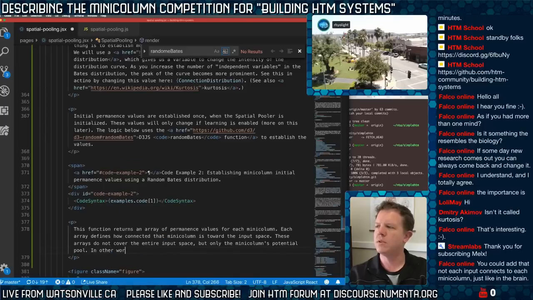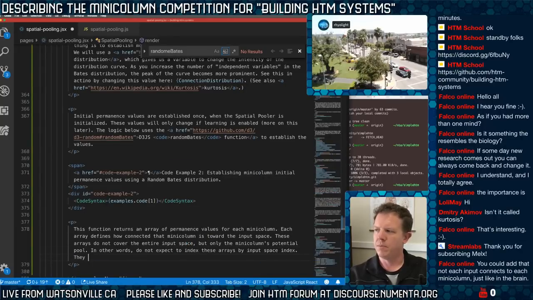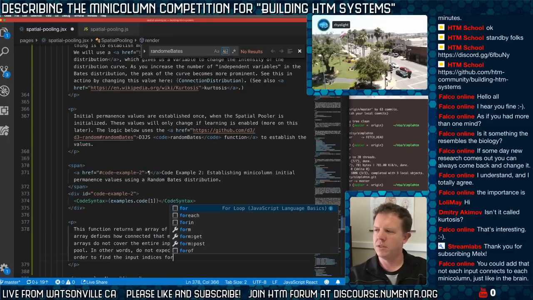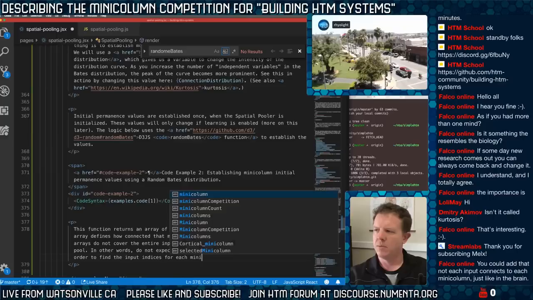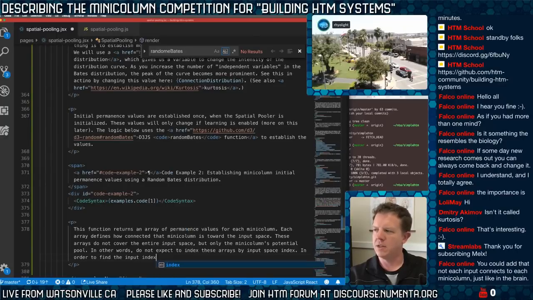In other words, do not expect to index these arrays by input space index. In order to find the input index for each permanence value,